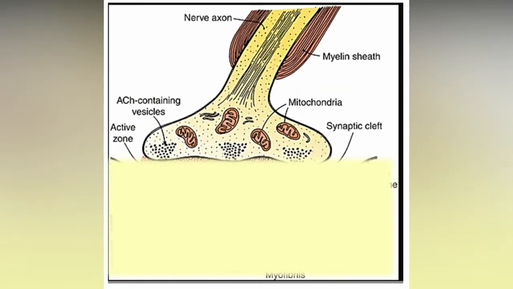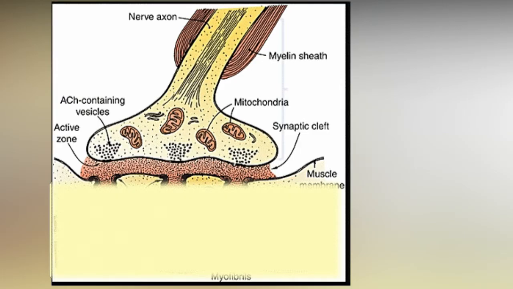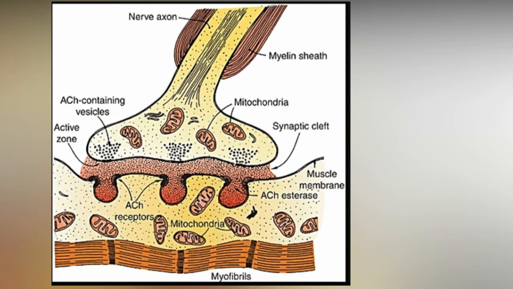Moving further down in this diagram, you should know that a nerve and a muscle aren't in direct contact but have some distance between the two. This is known as synaptic cleft or gutter. So, the nerve membrane before synaptic space is presynaptic membrane, and membrane of the muscle that lies beneath the synapse